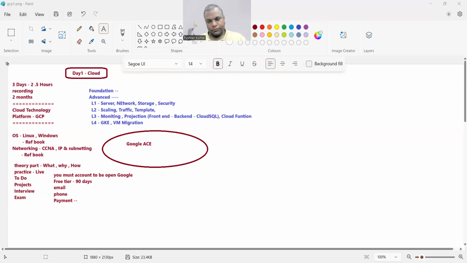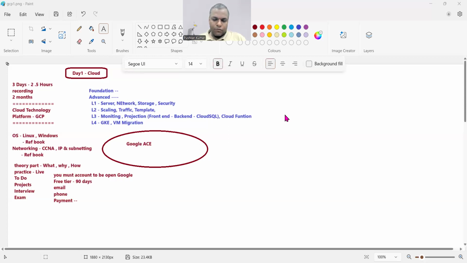I just saw that there is an exam, the Google Cloud Leader exam, organized for the learning, right? I would not encourage you to just participate in the Leader certification. That is mostly about a bit of cloud computing and the Google platform, but I'll encourage you to prepare for something which